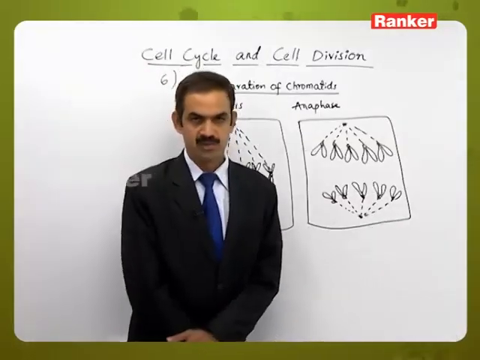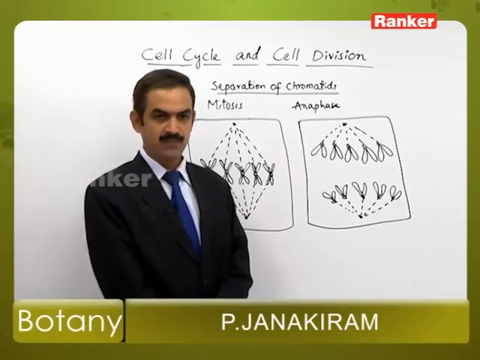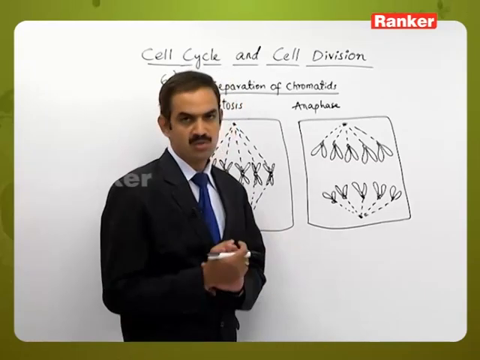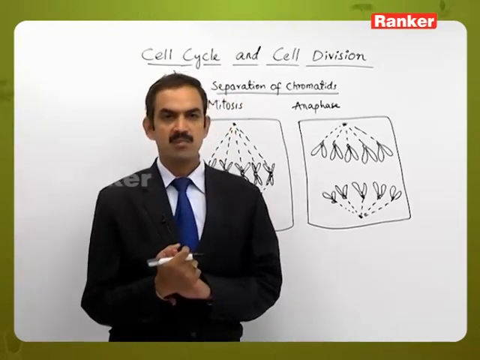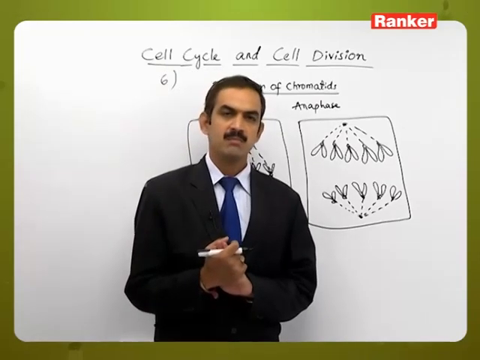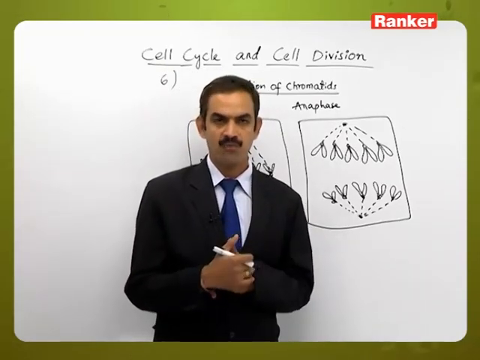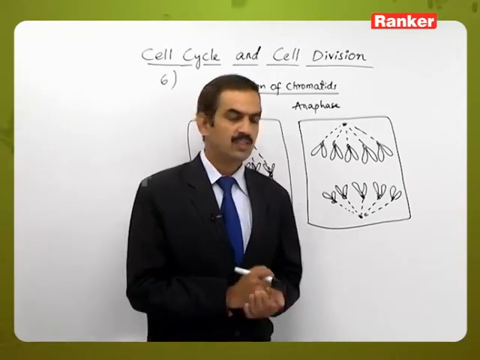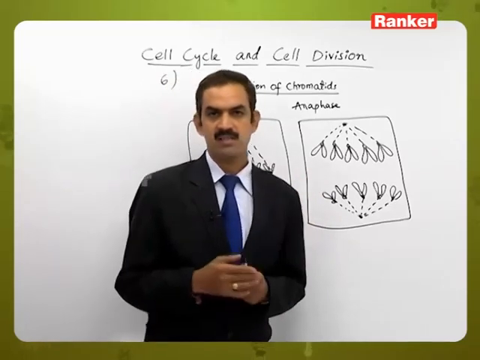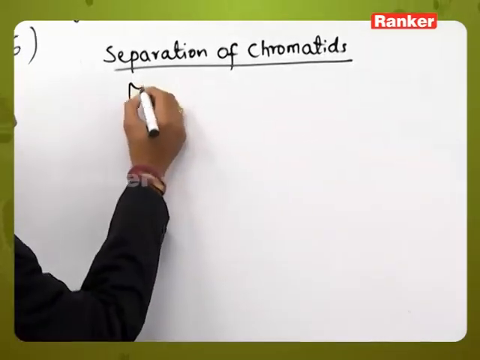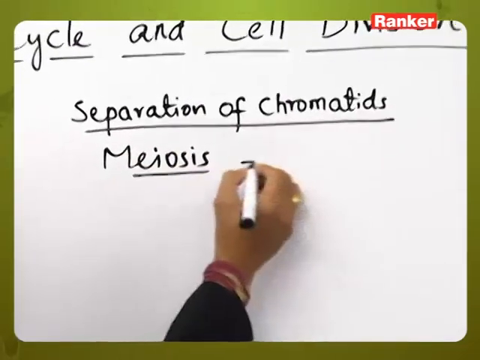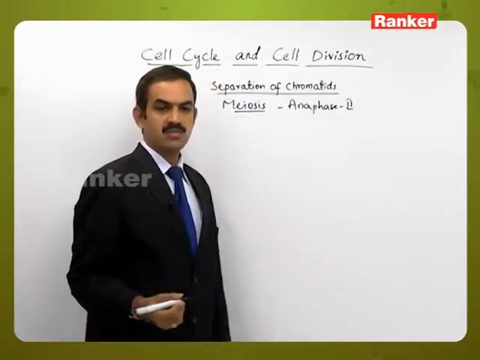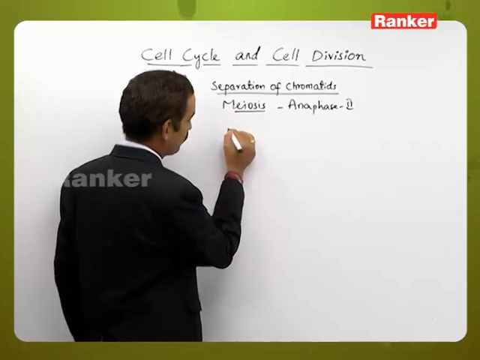And when it comes to the meiotic division, in meiosis there are two stages, meiosis 1 and meiosis 2. During meiosis 1, the genomes will be separated, or the genomes become half. The diploid genomes will become haploid, whereas during anaphase 2, the chromatids will split as like here. So let us see that one in the form of a diagram. During meiosis, anaphase 2, the stage where the two chromatids will be,